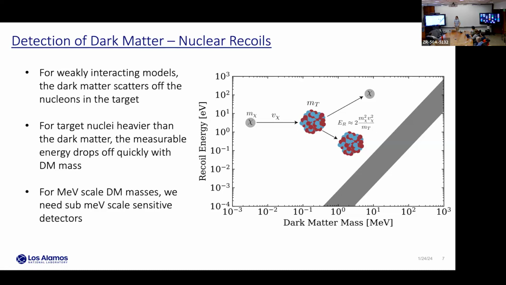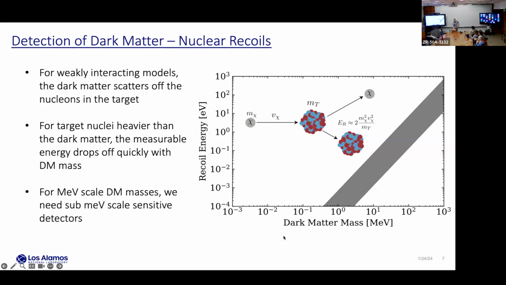And so as you search for lower and lower dark matter masses, that energy transfer gets very unfavorable. So shown here is hypothetical dark matter mass, and then the amount of recoil energy that's going to get deposited via this interaction. And this band here is the general spread of all common detector elements, so helium all the way up to lead. So you can see down to dark matter masses of a mega electron volt, which is what we're interested in going below, the amount of energy that's going to be left in your detector is less than a milli-eV.